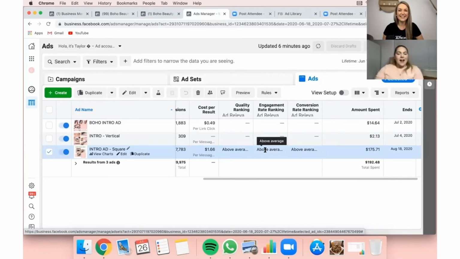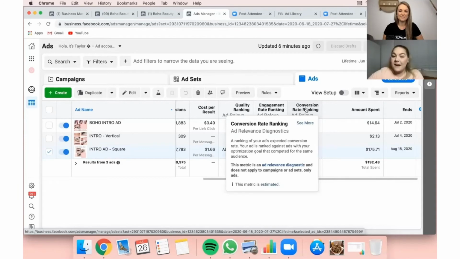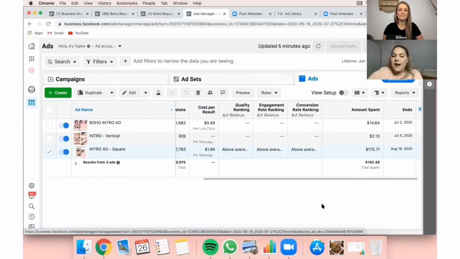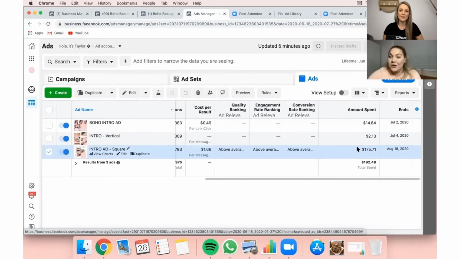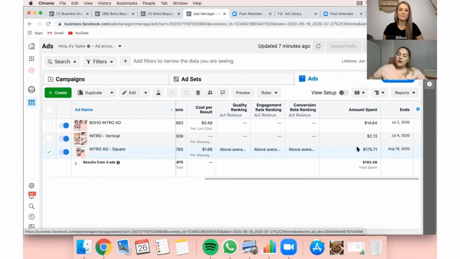If your ad is above average ranking, Facebook's going to favor that. And then conversion rate. Facebook's stoked. Facebook's showing my ad to people and they're clicking on it and going through. There might be other ads with send messages, but people aren't clicking on them, and people are clicking on mine, so they are also rating that as an above average ad. That's how you want to rank your ad. Go in maybe every 4 to 5 days after your 10-day learning phase and have a look at these 3, because Facebook's telling you, you're doing really well, we're going to keep showing it, so increase that budget and increase the length of your time.